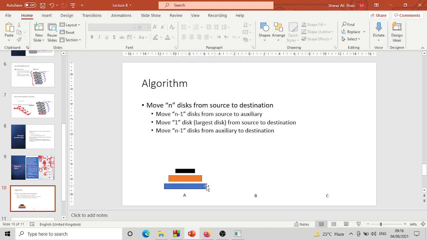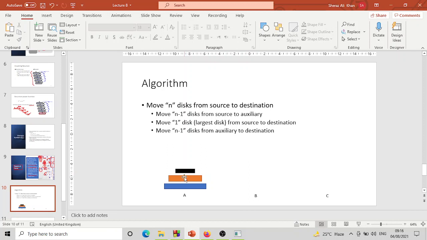इसका मतलब ये है कि हमने पहले इन 2 डिस्क को मूव करना है from A to B, फिर सबसे बड़ी वाली डिस्क को मूव करना है from A to C, और फिर इन दो डिस्क को जिनको हमने B पे रखा था उनको मूव करना है from B to C। अच्छा, जो पहला स्टेप है वो ये है, इन दो डिस्क को मूव करना from A to B।